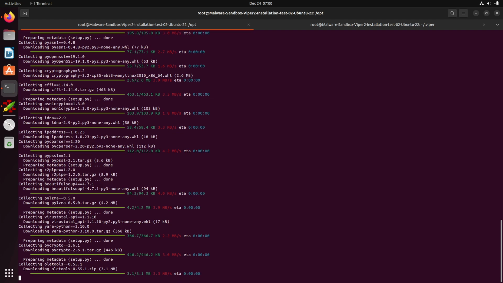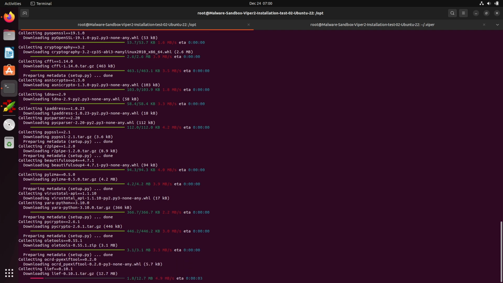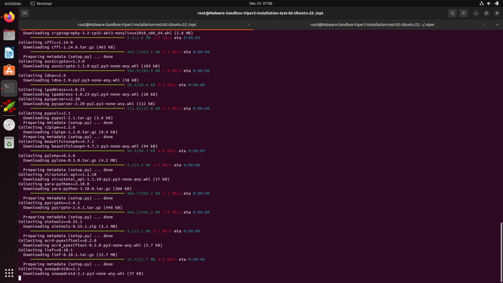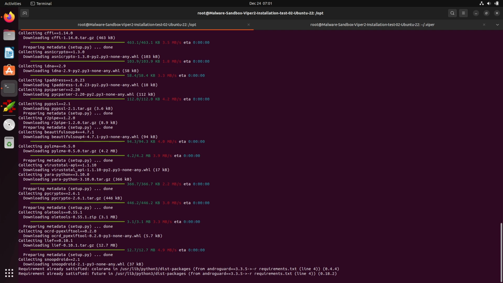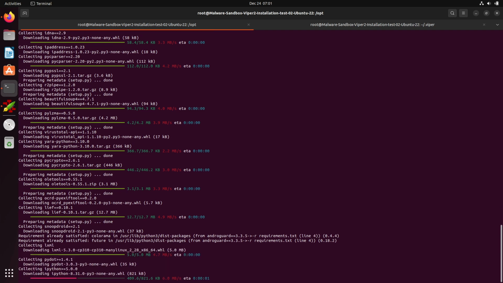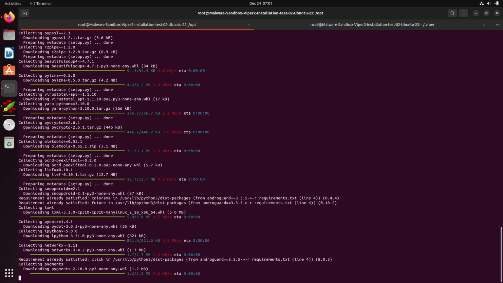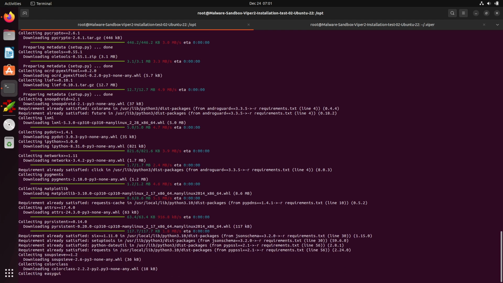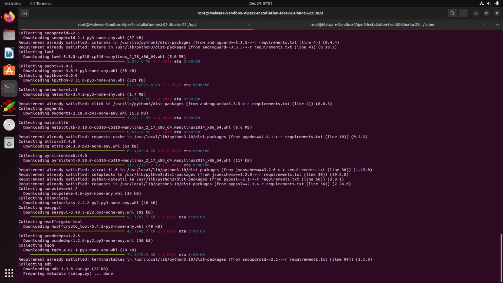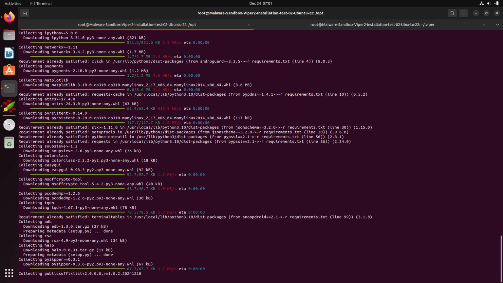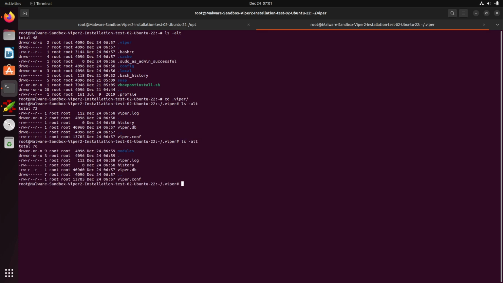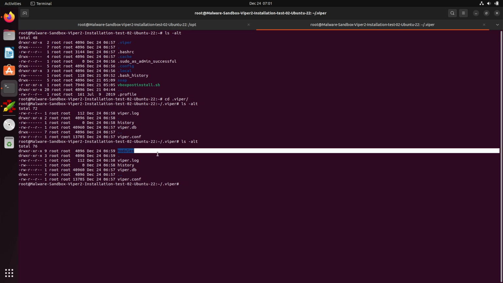Okay, so we are seeing that Viper modules are getting installed. It will download multiple files. And now if we do ls -alt, we can see a modules folder has been created